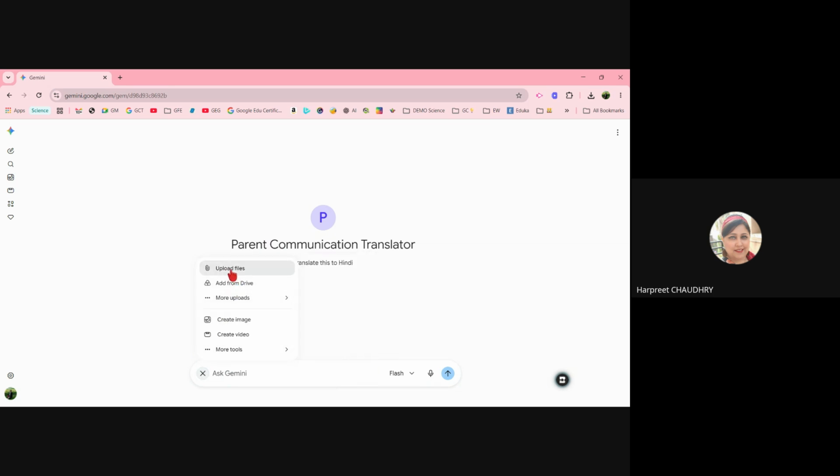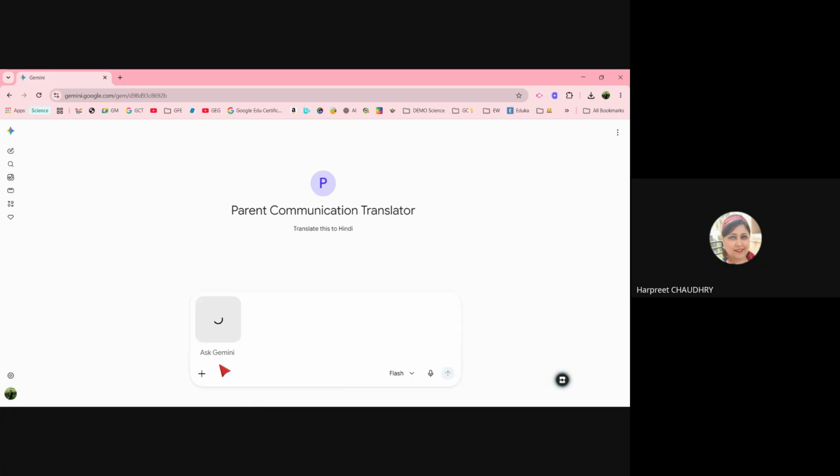So I have a file here with a plus. I'm going to upload a file. This was a recent circular shared in a school. That's a competition on collage making, grade 6 to 12th. I just simply attach it. And I say generate.